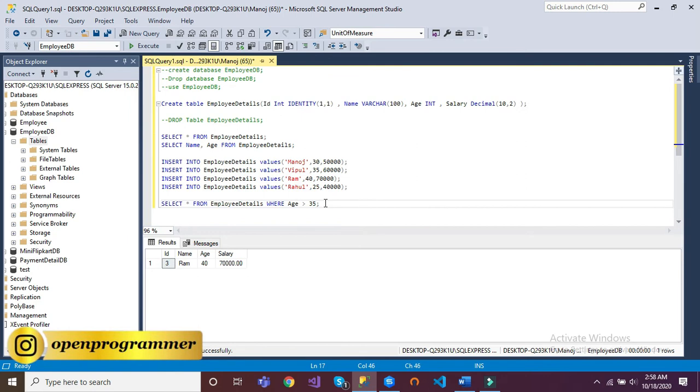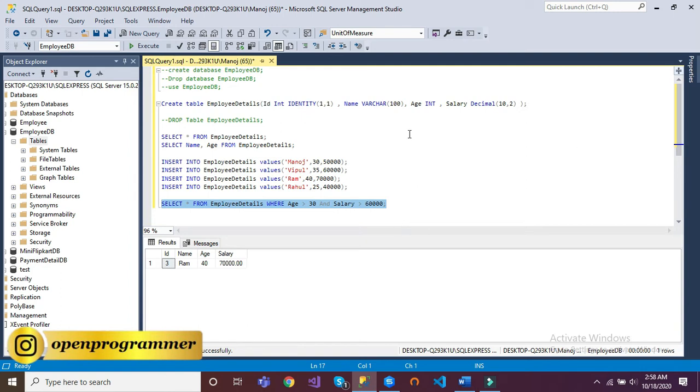Okay, let me also add another condition. For example, put it age greater than 30 and salary greater than 60,000. It means when you have multiple conditions.